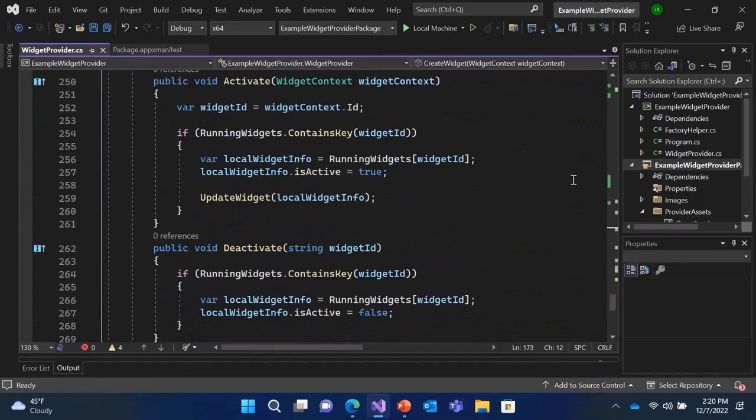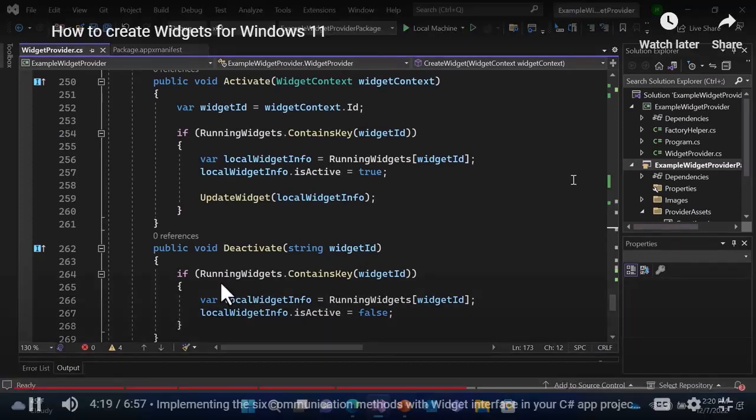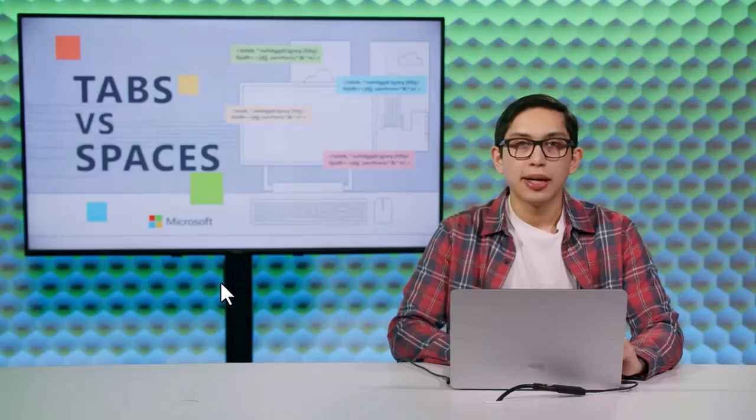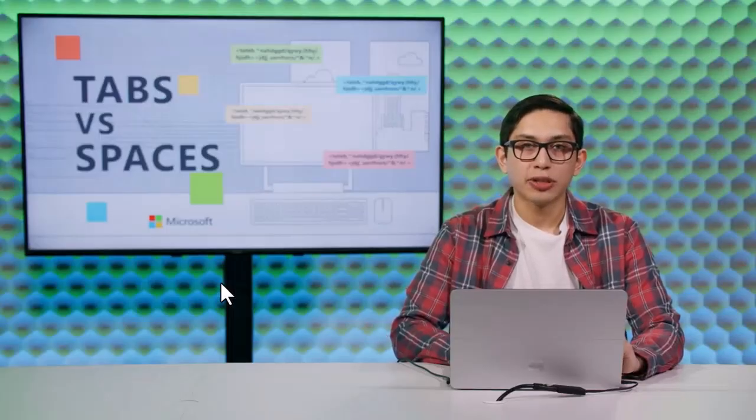Finally, we have the activate and deactivate methods. These are called when the widgets board is interested or not interested in receiving updates from your widget. And this covers the IWidgetProvider interface, which is the second step in creating your widget. Now that I've shown you how to implement it, we'll talk about the last step, which is